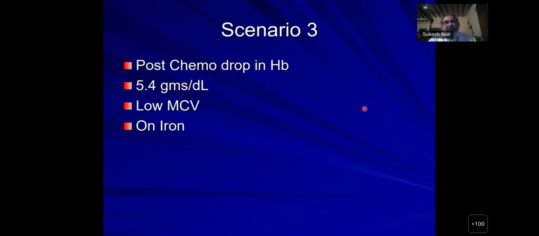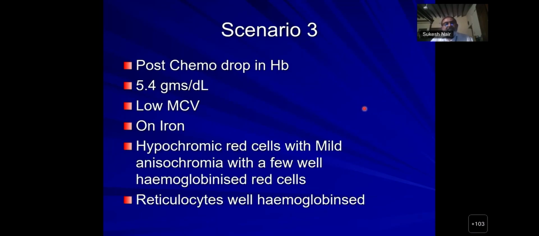And you must realize that cell counters also taught you some signs. I'll show you a scenario here. Post chemo, one of my colleagues here, a drop in hemoglobin to 5.4, obviously symptomatic. Low MCV, she's taking iron, definitely taking iron. So I get a call from her husband telling that we are coming to hospital. We have asked for 2 units of packed cells. Can you make sure, because my colleague, the HOD, was not available, that good packed cells are available? Because I had the hospital number, I thought I'll look at a blood